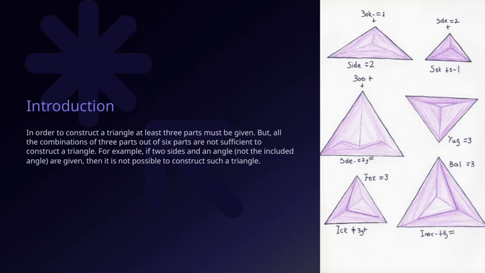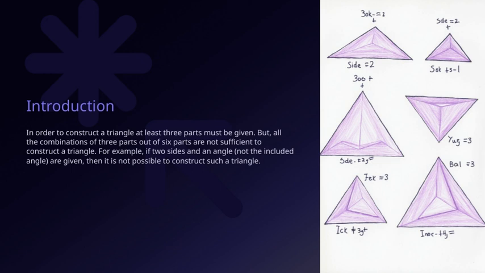To construct a triangle, at least 3 parts need to be given. But not all combinations of 3 parts out of 6 are enough to actually build a triangle. For example, if you are given 2 sides and an angle that is not the included angle, then it's not possible to construct that triangle. This highlights the importance of knowing which parts to give and how they relate to each other when working with triangles. It's a key concept that helps us understand what information is sufficient and what isn't when we're trying to